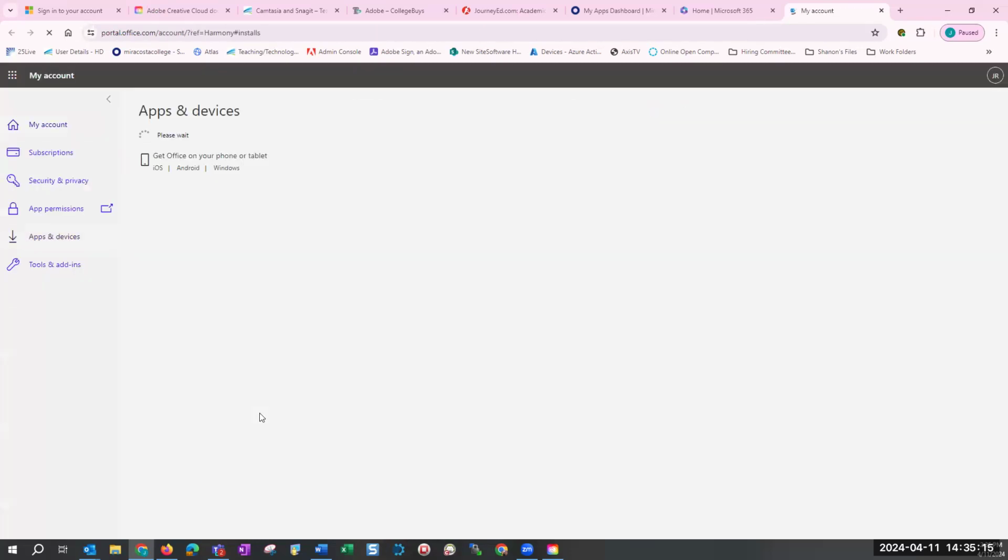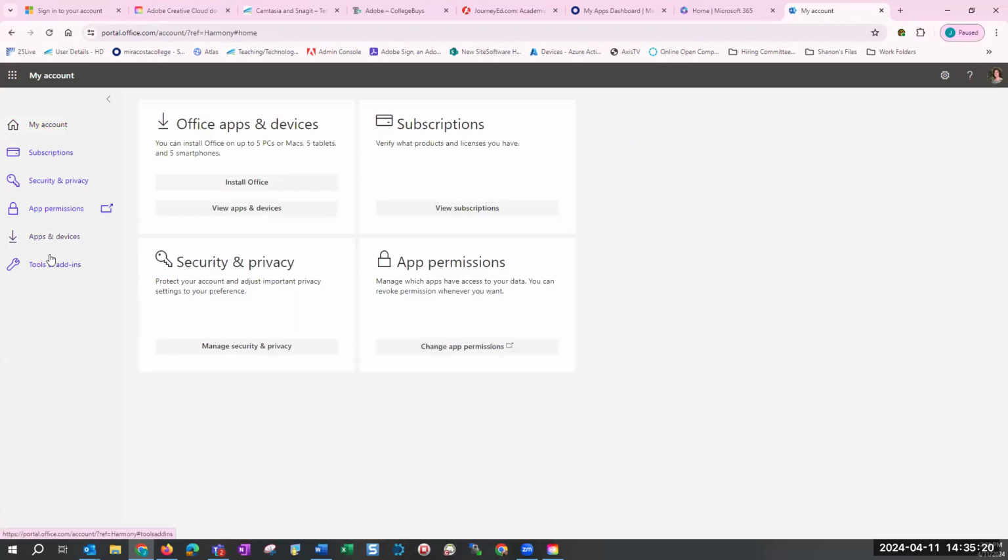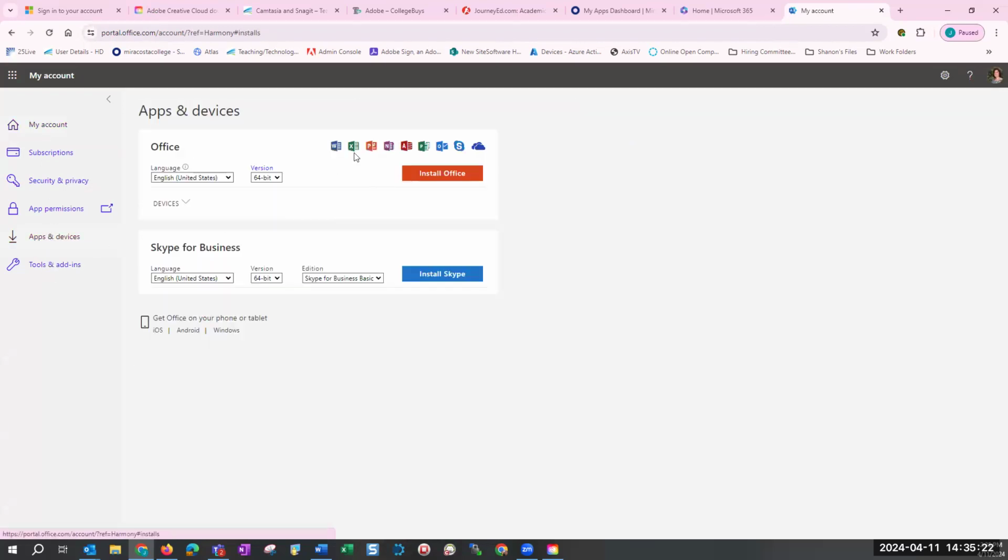this is going to bring you to this page. I think I was on this page, but this one's fine too. And you can click on Install Office, and that's going to give you access to all of these. Now, remember, when you license this, it's going to license it as your MiraCosta Office product. So that means anything connected to your work will now be on your home computer.